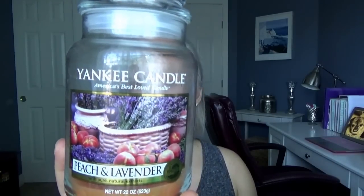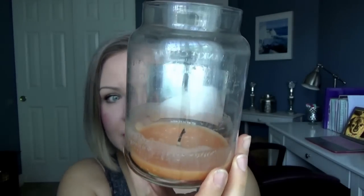I finished up a Peach and Lavender from Yankee. So this one made me a little bit sad to finish up because this was my last backup. I don't normally like lavender scents, and I don't really do a lot of peach scents, but this combination together has always been incredible. And the burn on this was pretty good. I burned it basically the whole way down. When it gets to this point here, there is wax left. I didn't bother putting this in my warmer, but